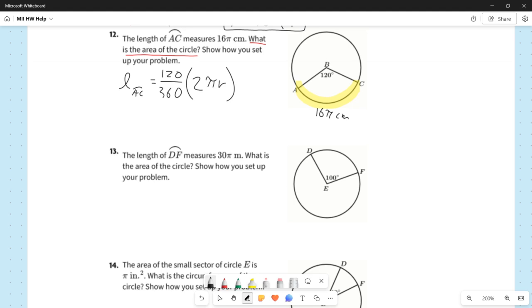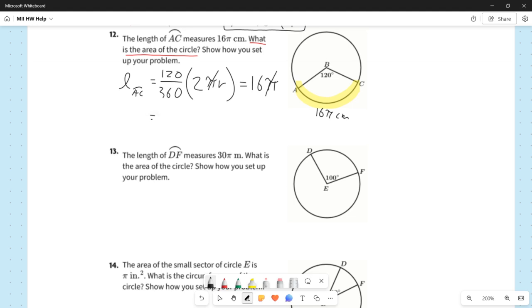We're also told that the length of arc AC is 16 pi. So everything on the left-hand side equals 16 pi. Just like with the last few problems, we have pi on both sides, so those can go away because we're just dividing them out. And then on the left-hand side, if we clean this up a little bit,